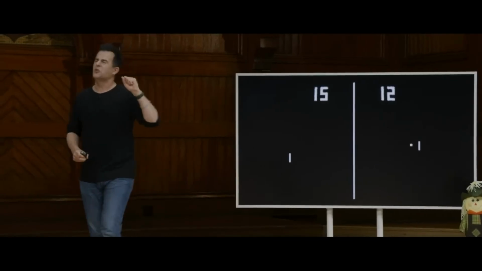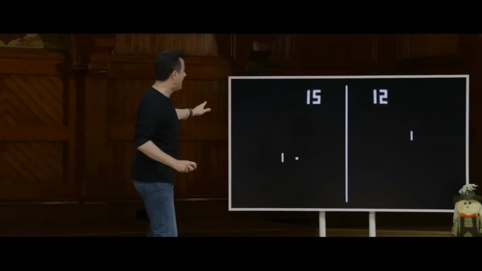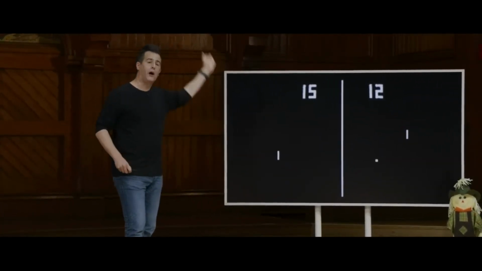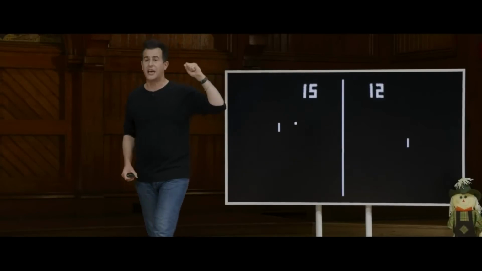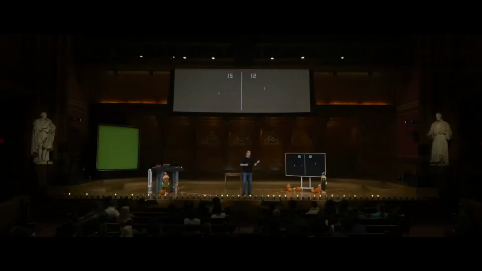But let's start with something a little simpler than any of those applications. And this is one of the first arcade games from yesteryear known as Pong. And it's sort of like table tennis. And person on the left can move their paddle up and down. Person on the right can do the same. And the goal is to get the ball past the other person. Or conversely, make sure it hits your paddle and bounces back.